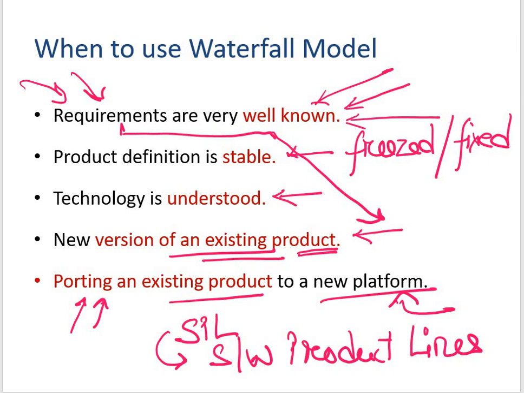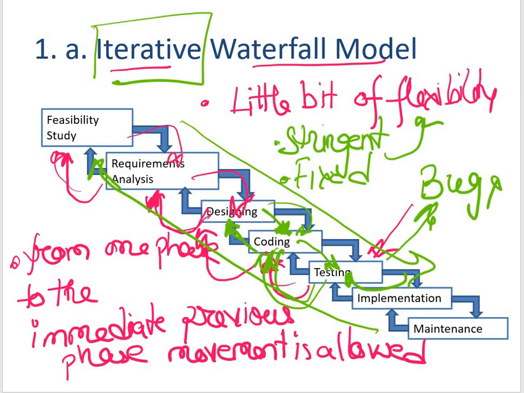And then we saw that there is a possibility of bringing a small change to this waterfall model, because there were several drawbacks. So to overcome some of the drawbacks, we brought some minor changes. So this waterfall model became iterative in nature. So now this time we have an iterative waterfall model, where we have an option of moving towards the immediate previous phase.